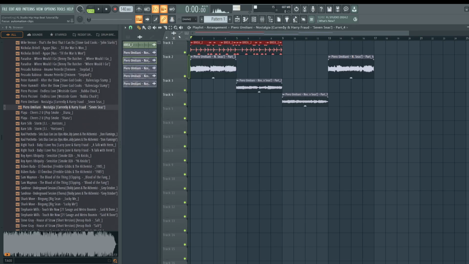Highlight this, hit Control B. Now the sample has bass in it, but if the sample doesn't have bass in it, you guys are going to have to add your own instrumentation most of the time. But because the sample has all the music, it does not have the drums, so it's a perfect match. It has bass, instruments, harmony, a top line, and we're just combining that with a drum break in this case.